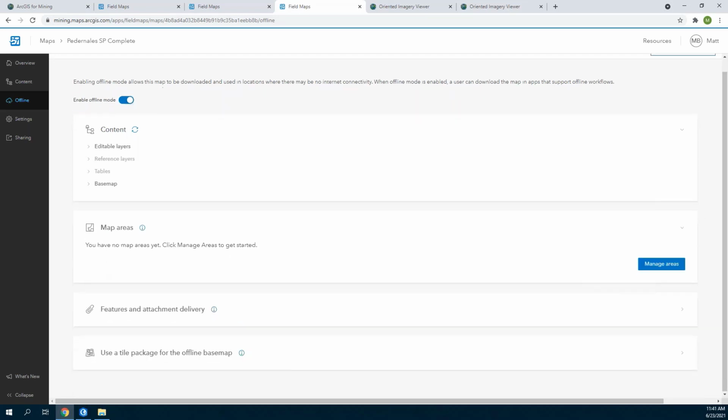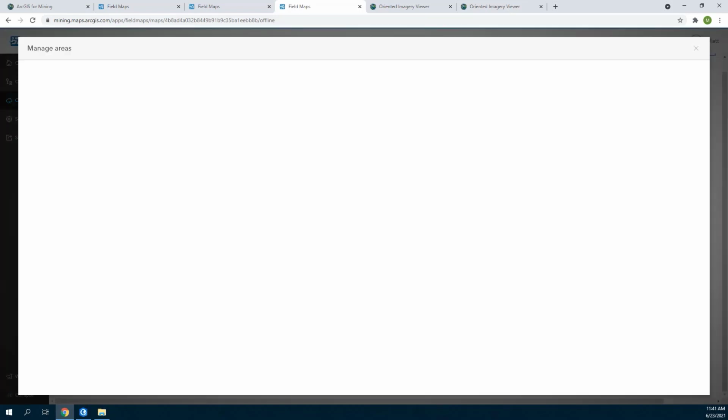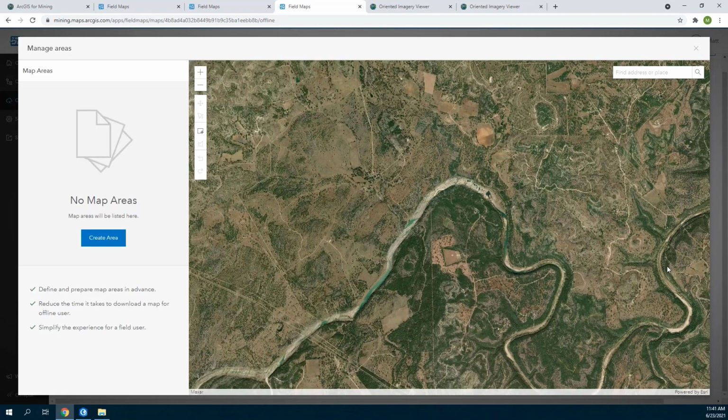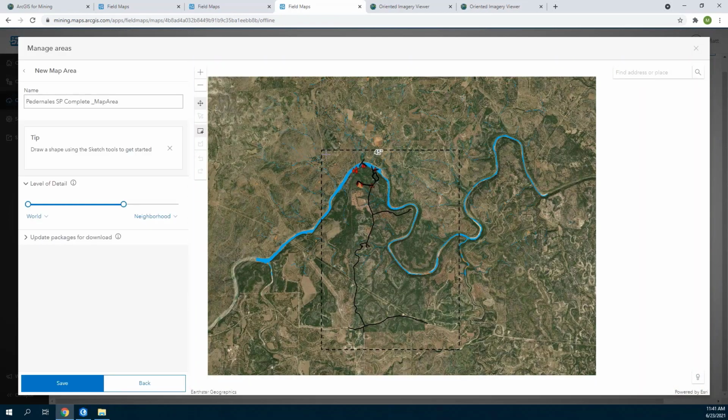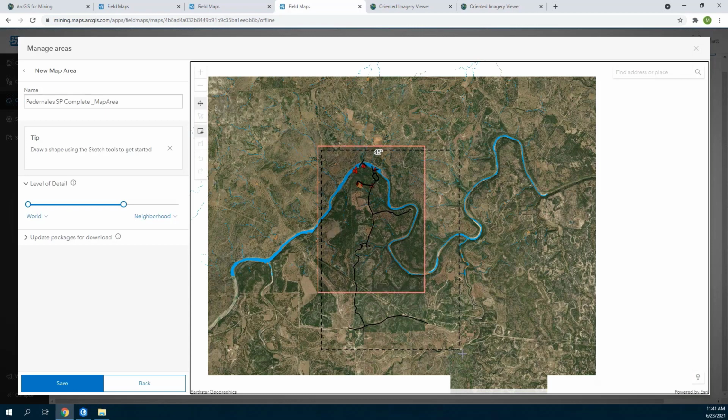And then I can build these pre-planned map areas. Pre-planned map areas let you package up areas for offline usage. It'll take the base map, it'll take all of your different layers and put it into a single item that can be downloaded from ArcGIS Field Maps. All you need to do is drag a box around your area of interest,